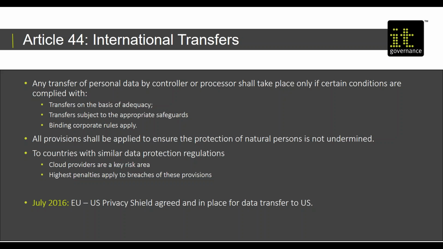The United States is a country that is not on the list of countries having an adequate data protection regime. As things stand, it's unlikely to be, and that means the only way in which you can securely deal with data processing in the United States is by ensuring that the controller or processor with which you're working is registered under the EU-US Privacy Shield, which was agreed back in July 2016 as providing protection to organizations transferring data into the US. So international transfers is the third of the areas where breaches can trigger major fines,